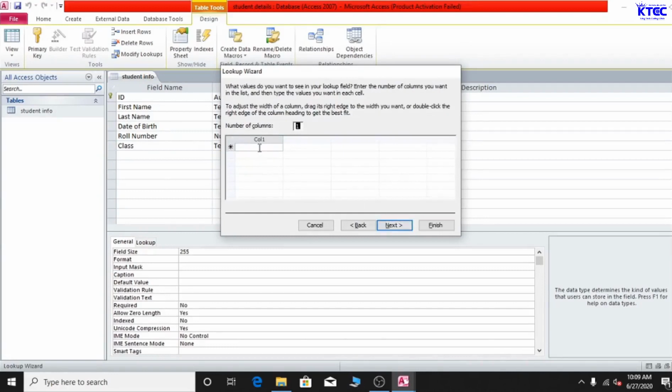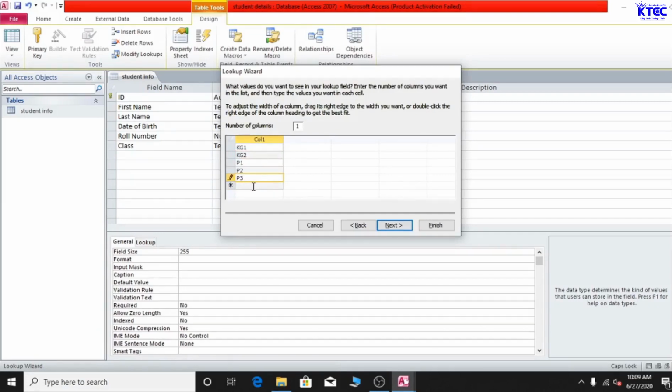So this will prompt you to outline or type the list you want in your drop down menu so that you can choose from. So I will need something like, maybe, let me capitalize all of them. KG1 as the first one. Second one will come as KG2, then P1, then P2, then